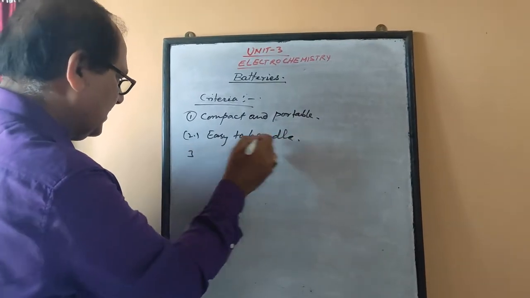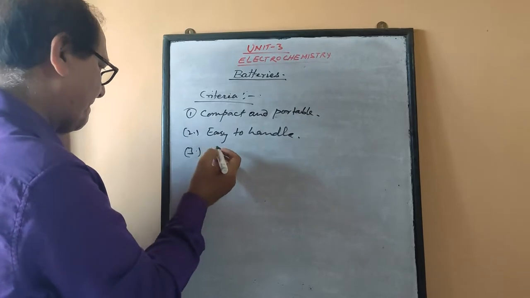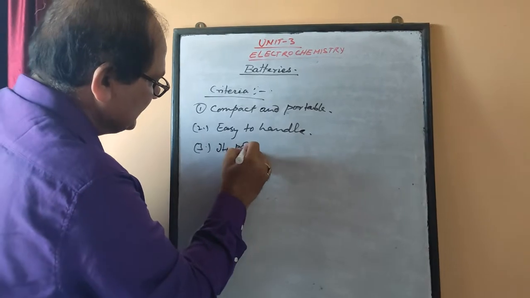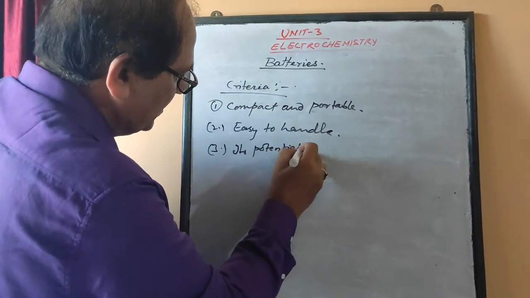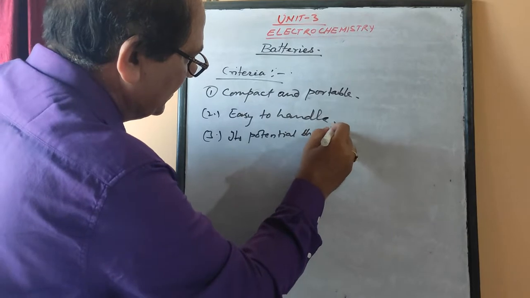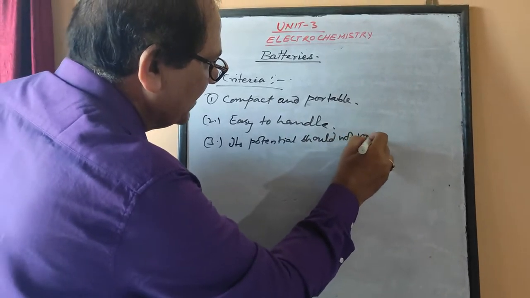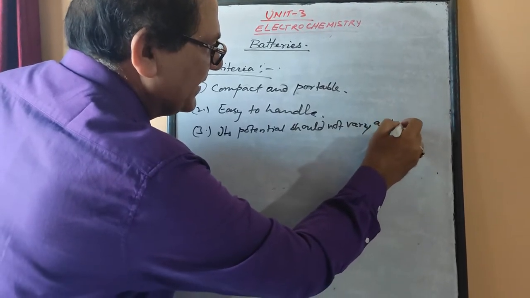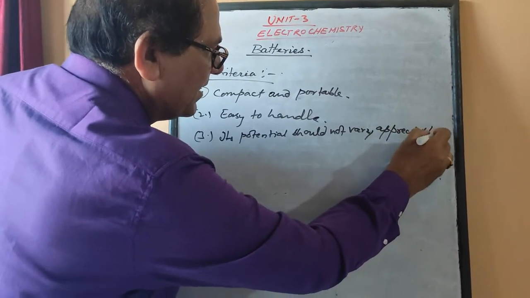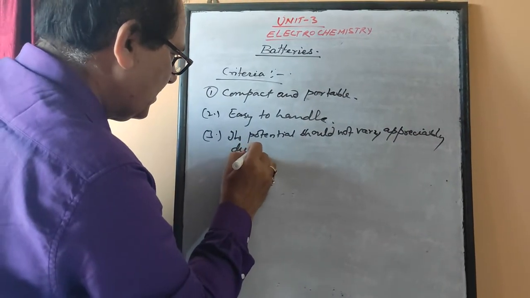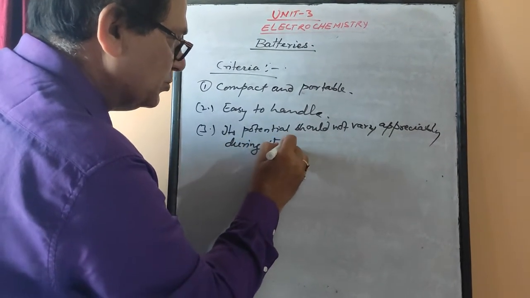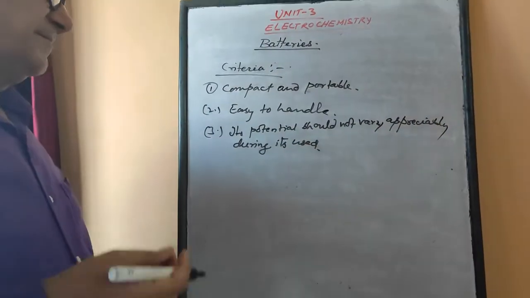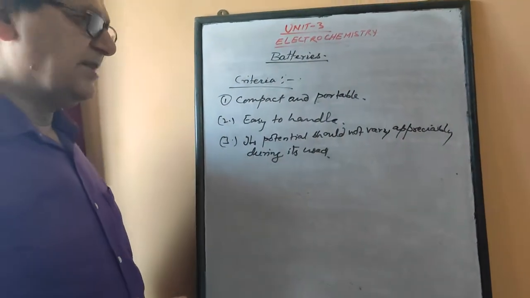Point number 3, its potential should not vary very appreciably during its use. This is the main focusing point, because according to the Nernst equation, as the concentration of electrolyte changes, the electrode potential